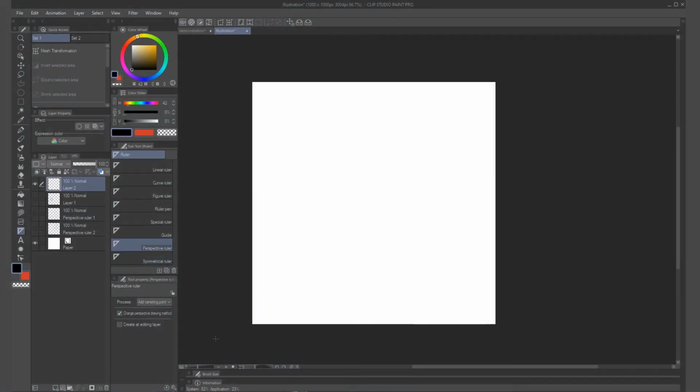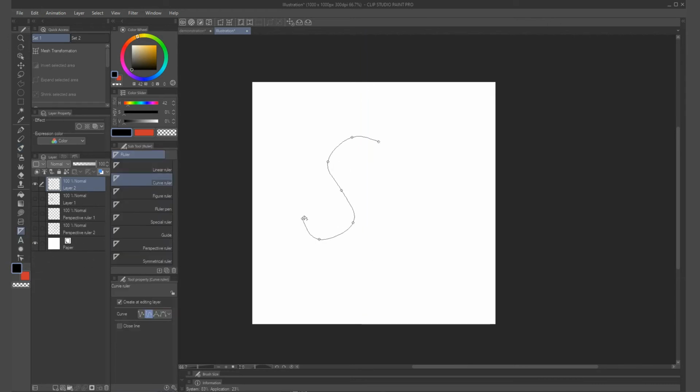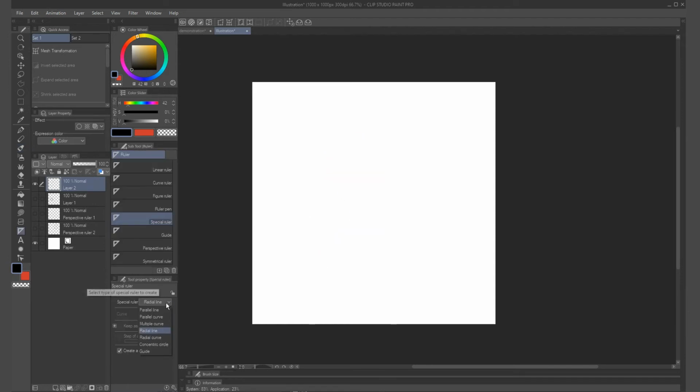A few other kinds of rulers I find very useful are the symmetrical ruler, the curve ruler. One ruler I don't use a lot, but does have a lot of fun settings, is the special ruler.